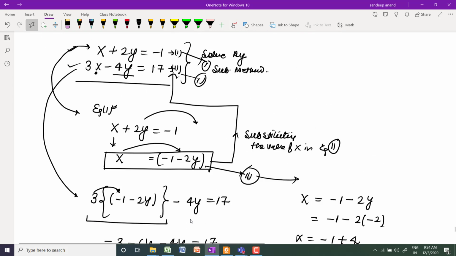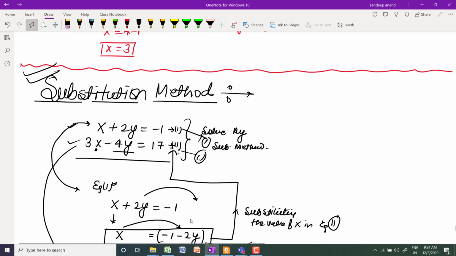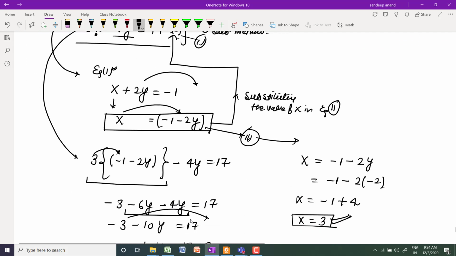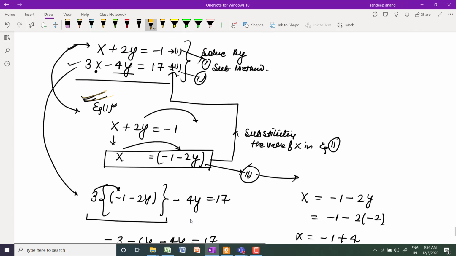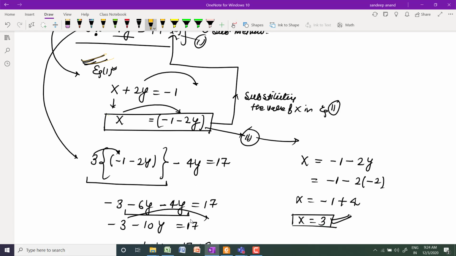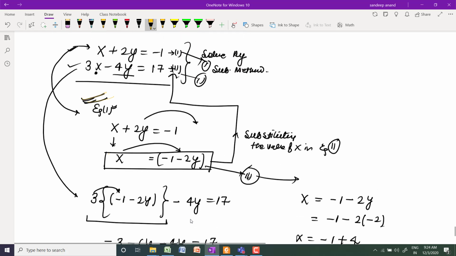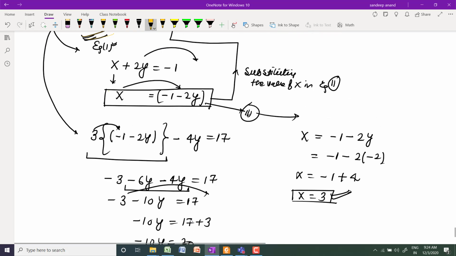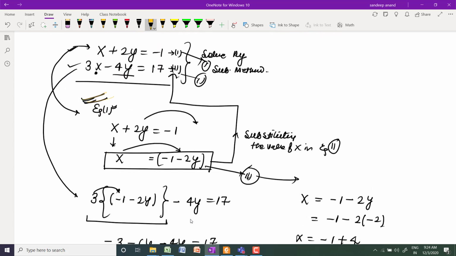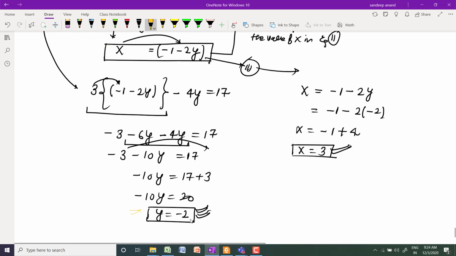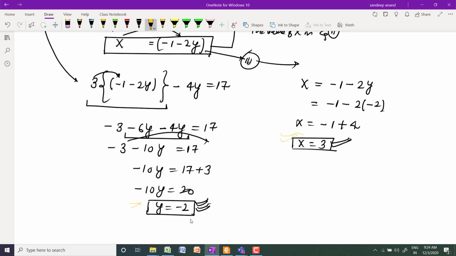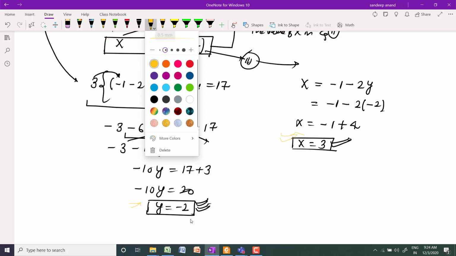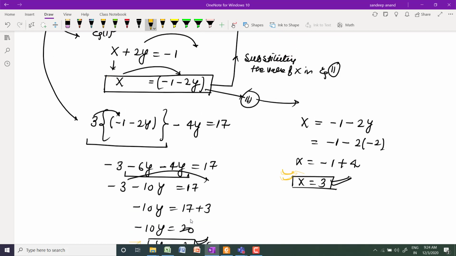But in this case you are using the substitution method. It means you substitute one variable value. First you take any equation, equation number 1 or 2, find one variable value in terms of the other variable, then put that value in the other equation, and you will get the value of one variable. After that, the rest remains the same. You can put this y value in equation 1, 2 or the generated equation 3 and you will get the other variable value. Clear to everyone, yes or no? Yes, sir.